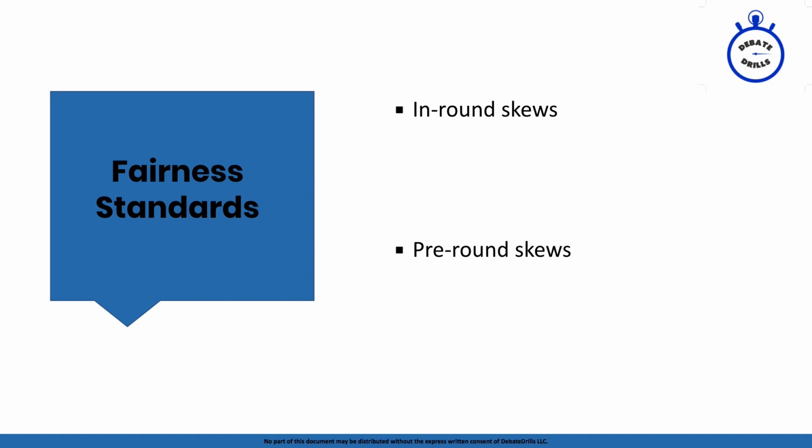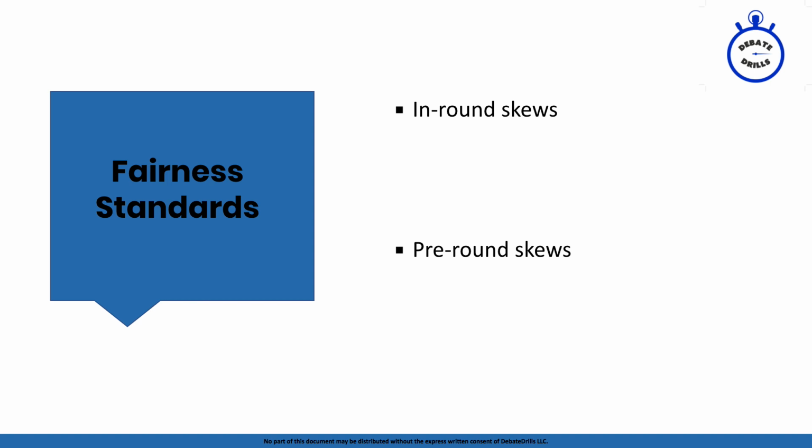Another example is time skews. Time is obviously the only non-renewable resource. Let's say I read a strategy as the negative that says I can defend one of 6 things in the second negative speech, and the affirmative doesn't get to know what those are until I give the second negative rebuttal speech. So I just get to pick and choose just because. And if that is an argument the negative makes, then you obviously as the affirmative might complain and say that, hey, look, this isn't the fairest setup in the world because it's skewing our ability to have a fair debate in the round.